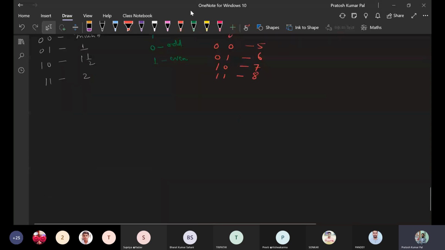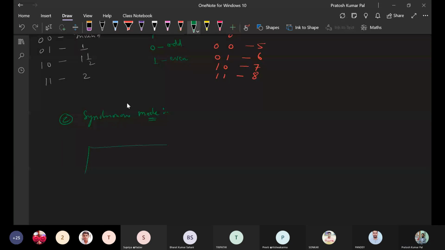Next we will see, if the synchronous mode of operation is to be performed, the second one is in case of synchronous mode, the format of the mode register will be given by different control logic.